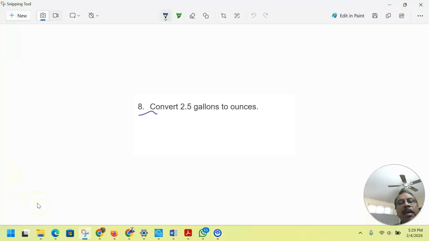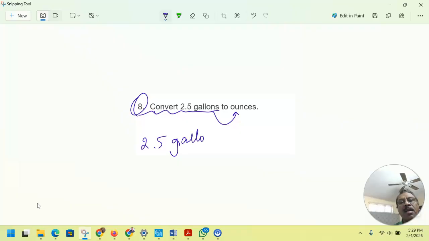Okay, so again another example, convert 2.5 gallons to ounces. One way to do it is 2.5 gallons. Gallons is up here, so this is gallons. So we have to multiply by the conversion rate. What is the conversion rate here? The rate will be changing gallons to quarts. We know that